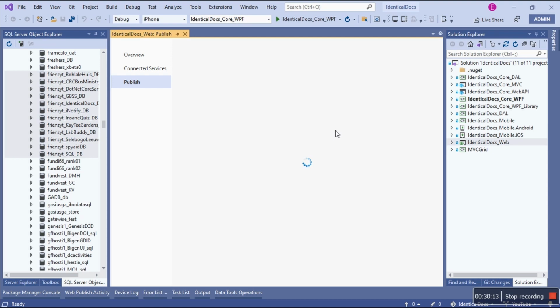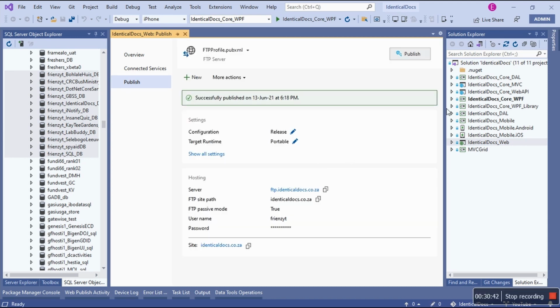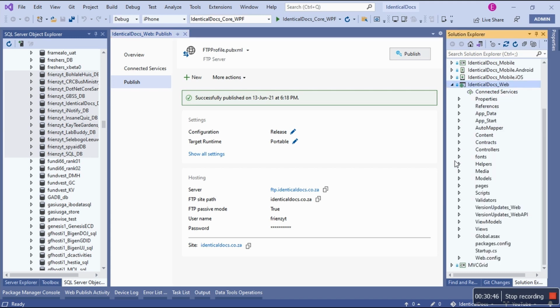Now, something about version control. For the first time, when you publish and deploy your web application, make sure that you're on the master branch. It's a tip, and also a warning. Do not be on a different branch. Make sure you're on the master branch. You may have unpushed commits, but do not have pending changes. When you create a publish profile, it actually creates a physical folder with a file. So please be smart about this.